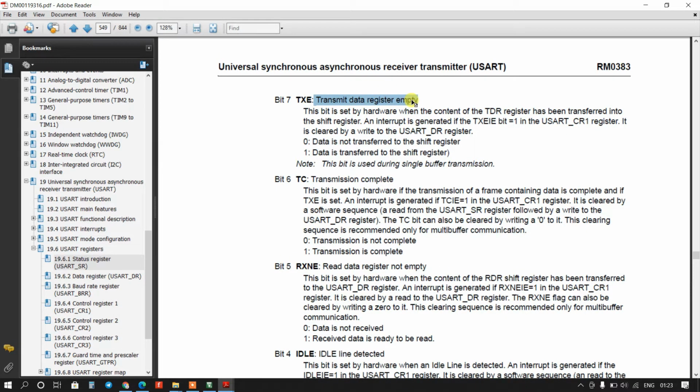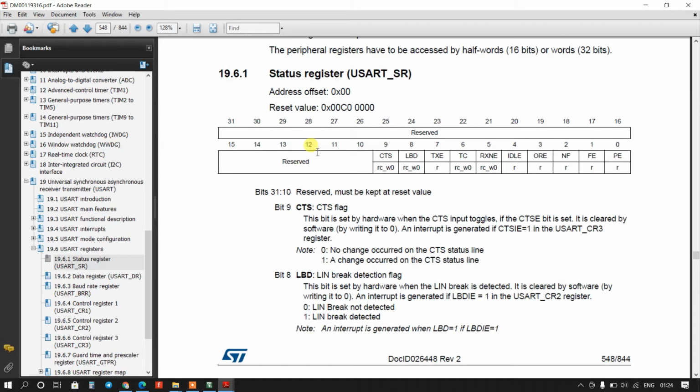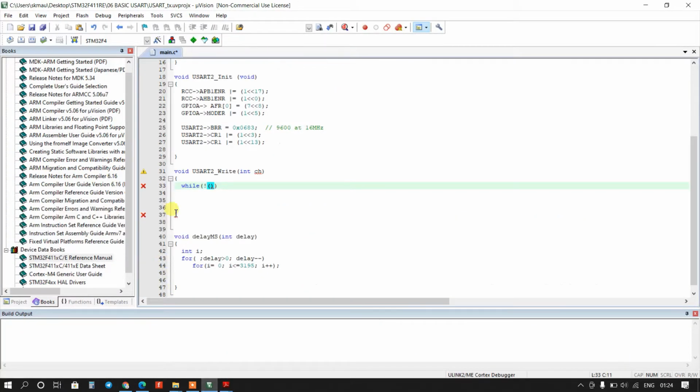Okay, we are going to make it a transmitter, so we will check that the transmit data register is empty. So type here USART2 SR register, and we will check the 7th bit.